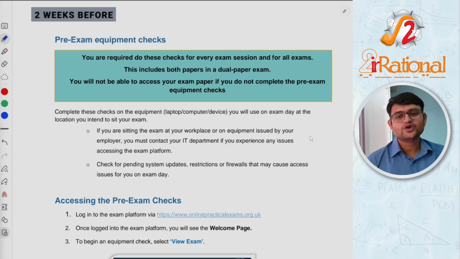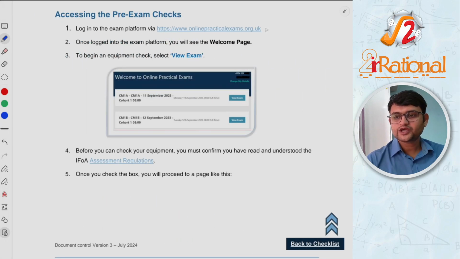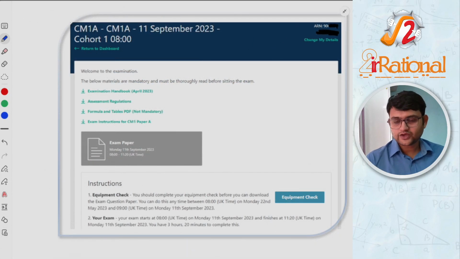After you log in to your exam account, you will have to do an equipment check. This is to make sure that your computer is working fine, and on the day of the examination you will not have any problem downloading or uploading the examination. For the equipment check, you should log in to onlinepracticalexams.org.uk. It will show a welcome page where you will see all the examinations that you have registered for. You will click view exam here. It will take you to a page something like this where you can download the exam